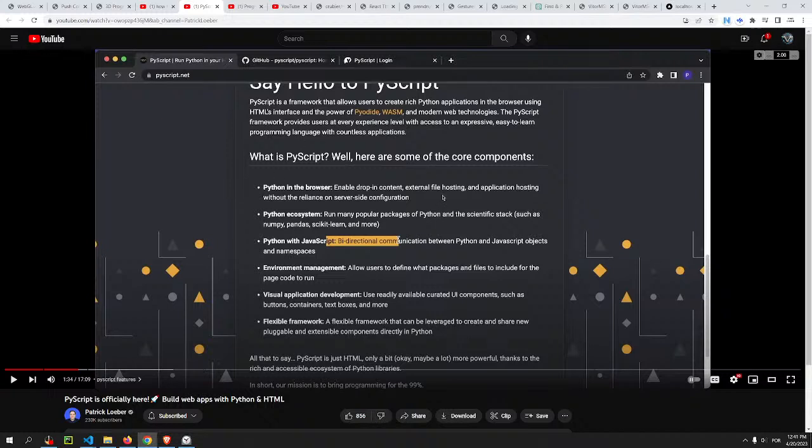It's a framework that allows users to create rich Python applications in the browser. The PyScript framework provides users at every experience level